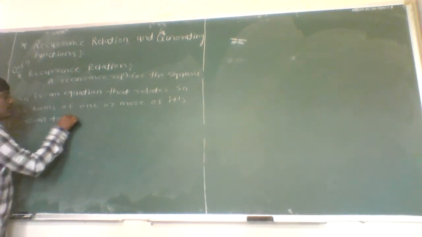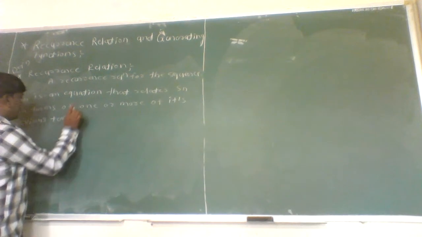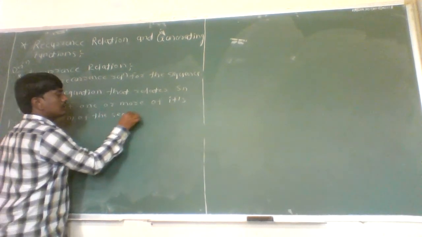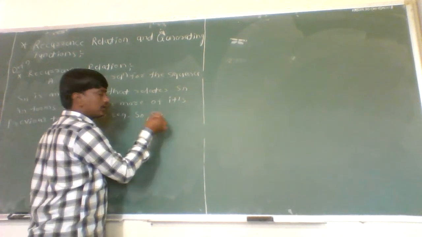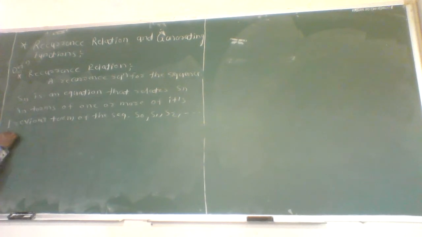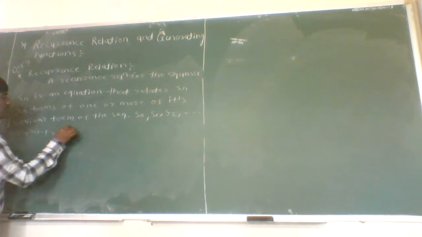If Sn is the nth term, then its previous terms are nothing but S0, S1, S2, and so on up to Sn minus 1